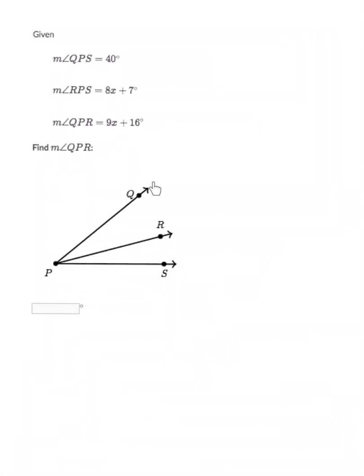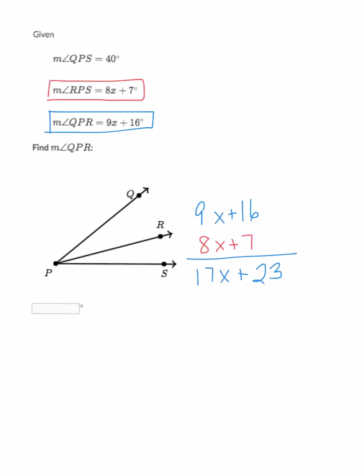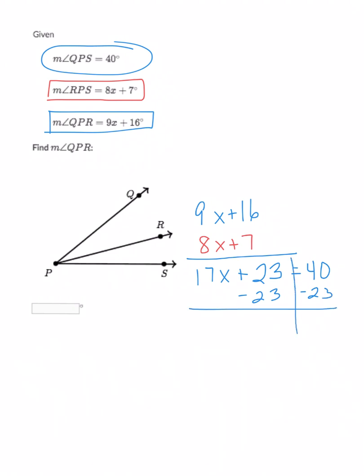So I know I need to add these two little ones together to get the big one. So when I added them together, I got 17x plus 23. Now I know that has to equal 40 because it told me at the top that the whole big one equaled 40. Then I'm going to subtract 23, subtract 23. If it helps, again, put that line there. You get 17x equals 17. And then we divide by 17,